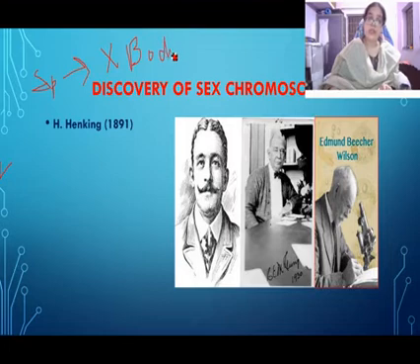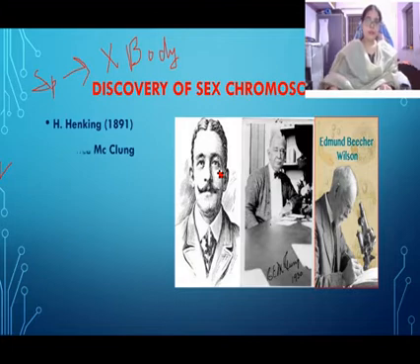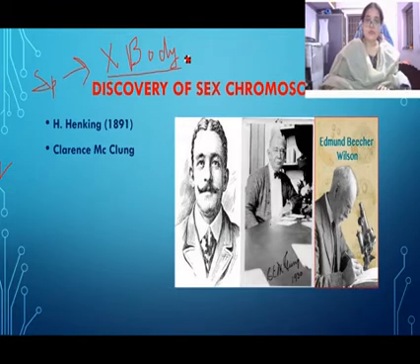So X bodies are nothing but a special structure found in the nucleus of the sperm of insects. Later on,